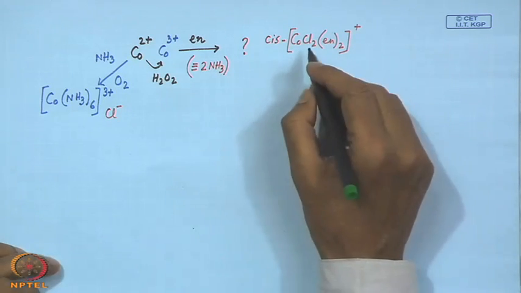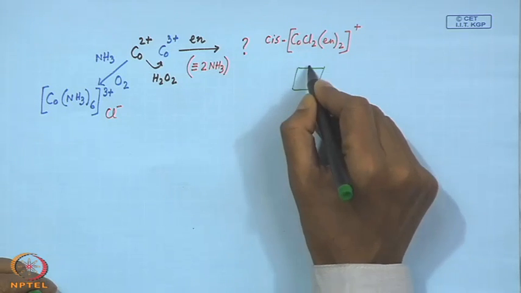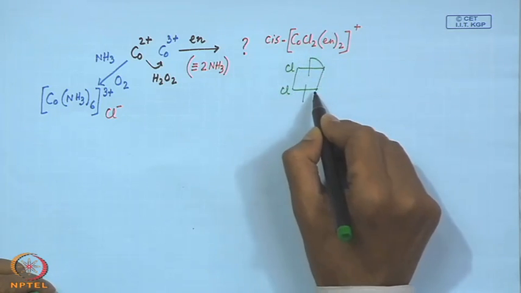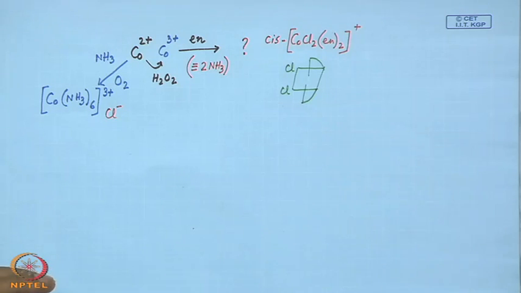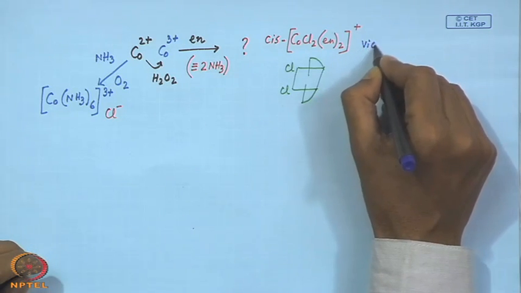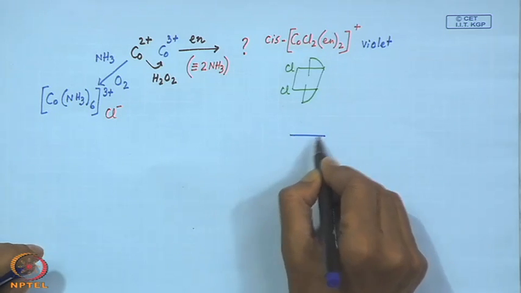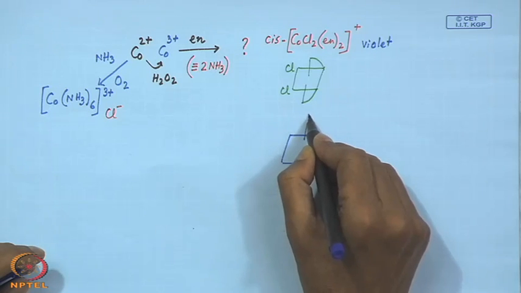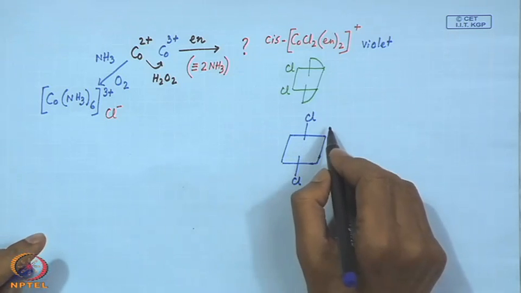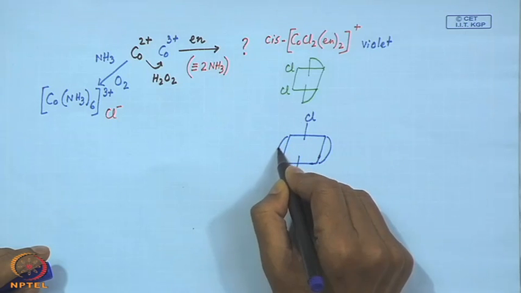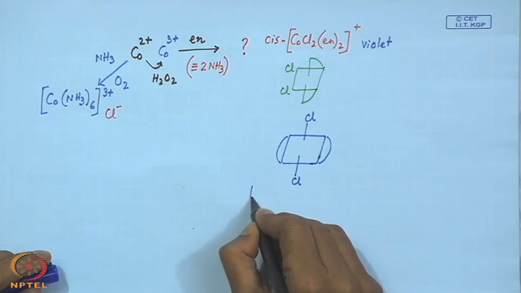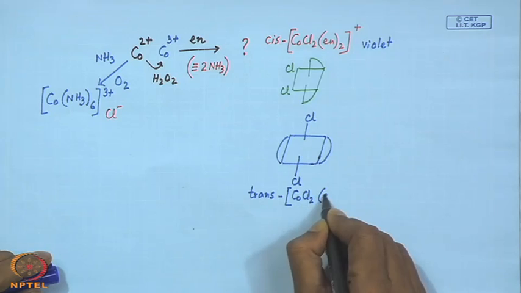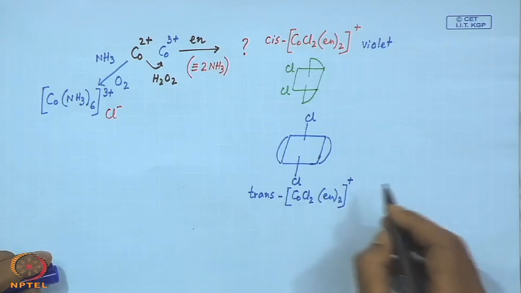Which has one single positive charge, two of these chlorides are in cis position, and this is that ethylene diamine, which is violet in color, and also the trans isomer. Trans means we have 2 Cl over there, and these are the 2 ethylene diamine molecules, which is therefore trans CoCl2 en2 plus, which is